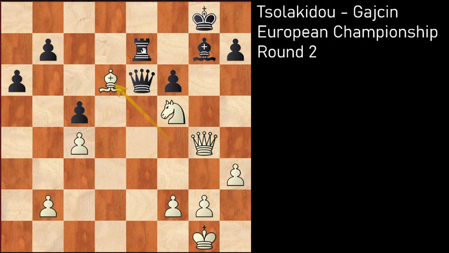But if it moves to f7 or d7, let's say d7, then once again we have this idea, knight h6, and the queen is lost. If rook f7, then the same, knight h6, and the queen is lost again. Here, if rook e8, then you take on g7 with the queen. So it's not